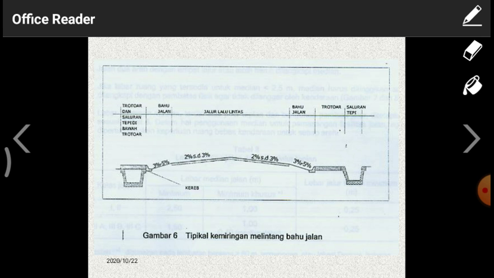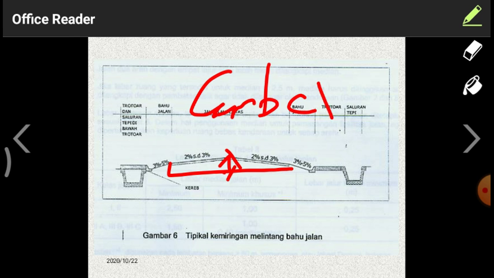After that this is another kind of diagram. In this particular diagram we are having this elevation. Normally this is the road, this is the camber. What is the purpose of constructing a camber? The camber provides an elevation on both sides of the road. This elevation is used for dewatering purposes.